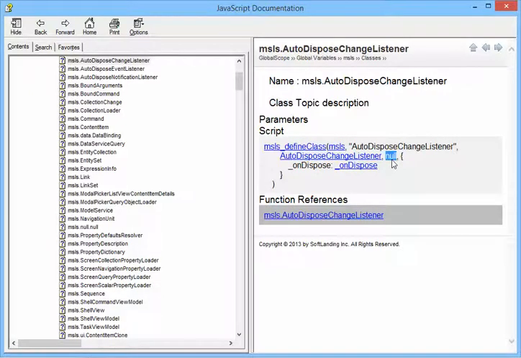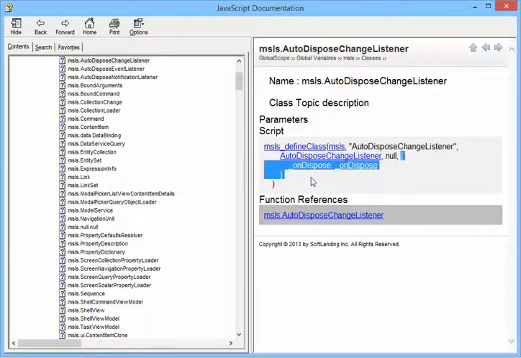So for that fourth parameter, that's the parent. JavaScript doesn't have built-in inheritance, but using the WinJS define capabilities, Microsoft is able to take the prototype of the parent and extend it to the child, and therefore develop a form of inheritance. So you'll see that in the derive class. And then finally, you'll see the